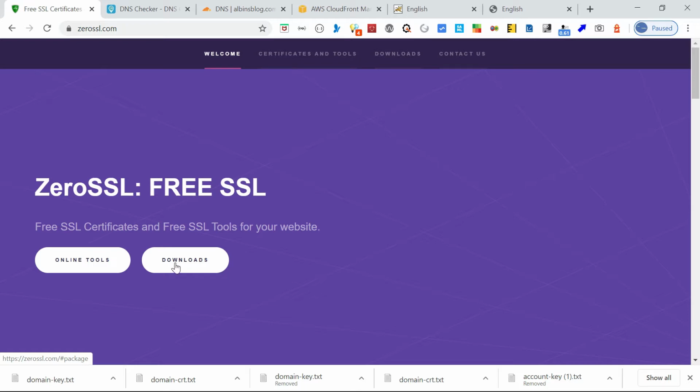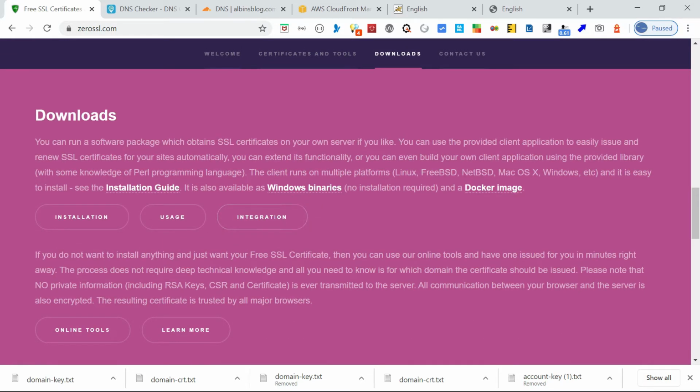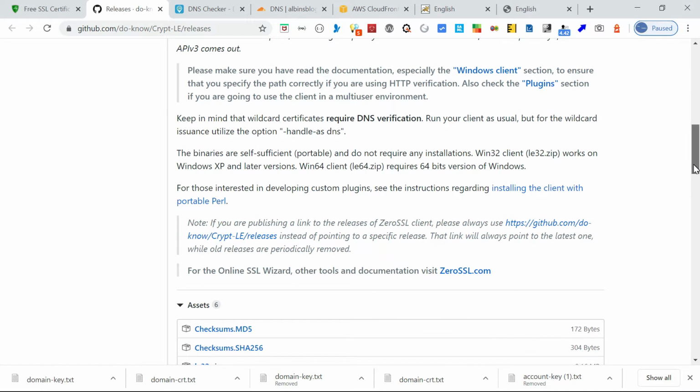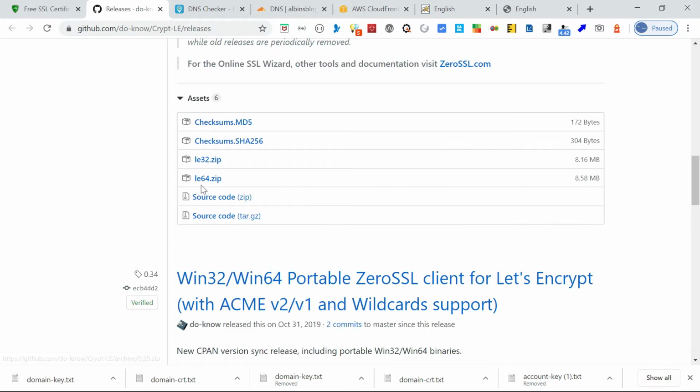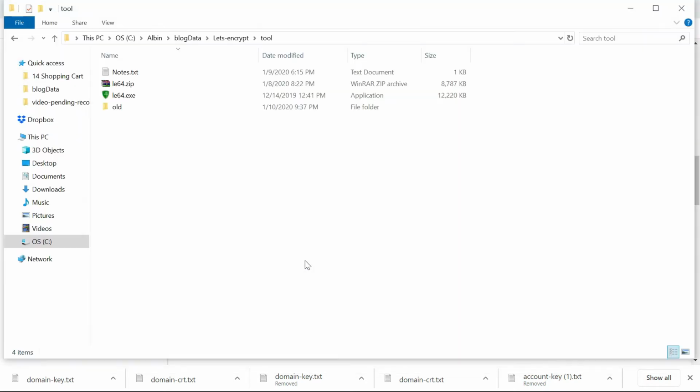So for that, you can go into the download section. I'm using a Windows machine, so Windows binaries, or you can go into the installation page and read through for the different OS. If you go into the binaries, you can download based on your system architecture, 64 or 32 bit. So let me go into that. Yeah, you can extract that zip file, and it will give you an exe file.